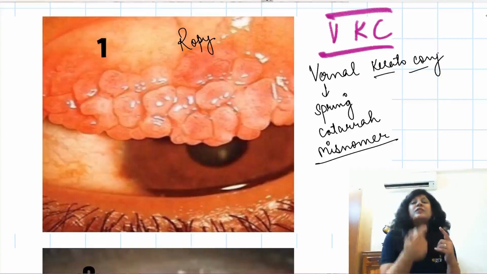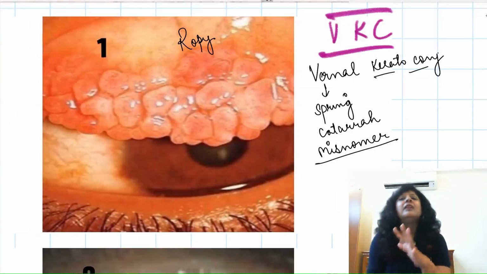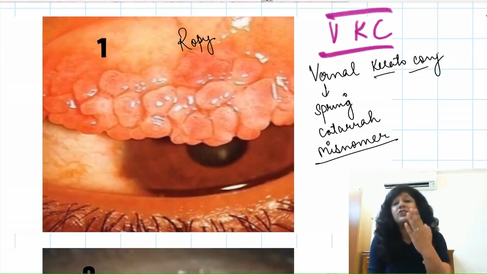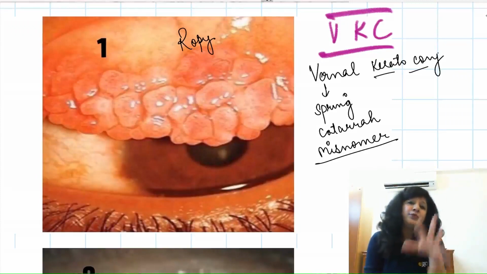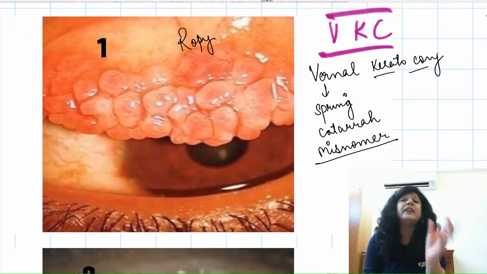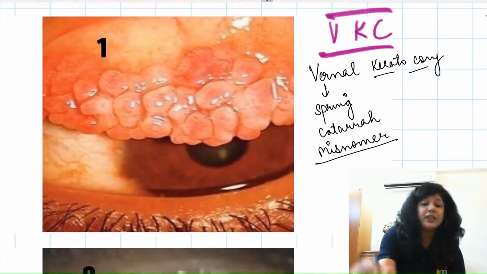So patient always complain ki taar jaisa pada rehta hamari eyes mein. This kind of discharge is that. So it is very very problematic, and because of the very thick discharge, even it causes the blurring of vision. Okay, now if you do the examination of this patient, you will get keratitis and conjunctivitis. You will have the signs that are present in cornea also, and they will be present in the conjunctiva.